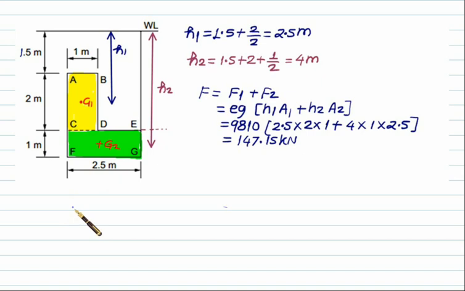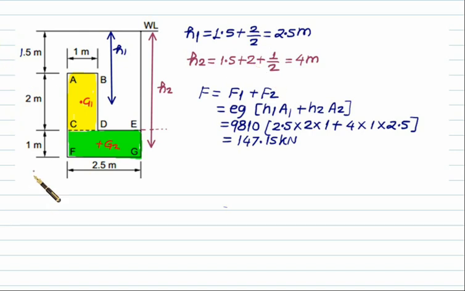What we can do, we can locate the centroid of ABCD. So this height is given as 1.5, 2 and 1. So as I told you that this one is a true shape. So this one is edge view. So edge view of this one is only this one here. So this portion is A and this portion is C. Second step is that project this centroid here, that equal to G. Now since it's a rectangle, you have to measure this height. 2 by 2 is equal to 1. Third case, measure this from free surface. So it is 1.5 plus 1. So we have h1 equal to 1.5 plus 2 by 2 equal to 2.5 meter.